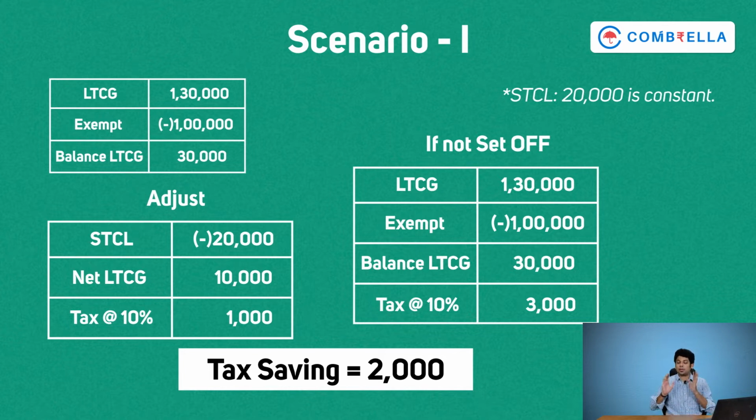Okay, friends. So understand that you cannot utilize this loss two times. You can utilize this loss only one time. The short-term capital loss of 20,000, you can utilize only once, either with STCG or LTCG or with both, but you can utilize 20,000 only. You cannot utilize 20,000 once with LTCG and 20,000 again with STCG. No, you can utilize only once. That you have to know.